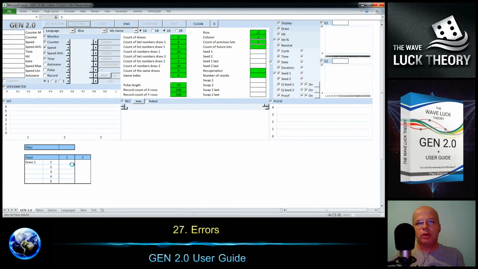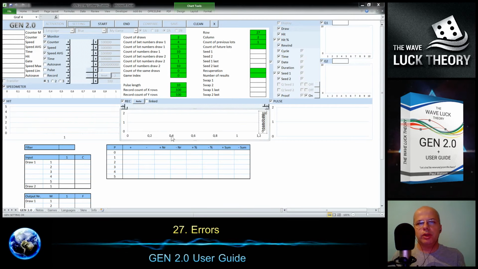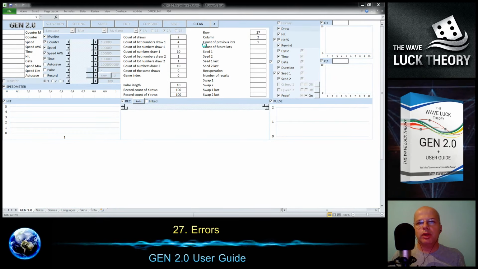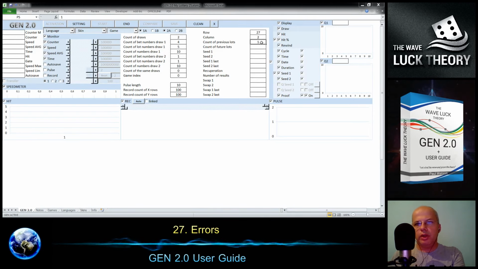I have only one draw, and that's all I need to do correctly during primary settings. I will activate it again and put here at least 4 previous draws.